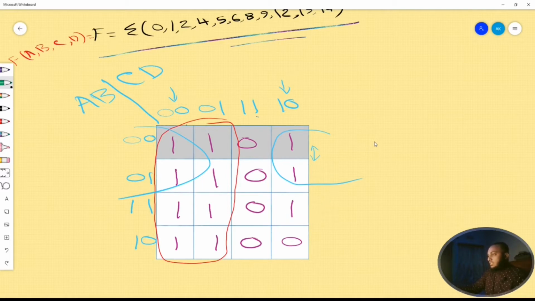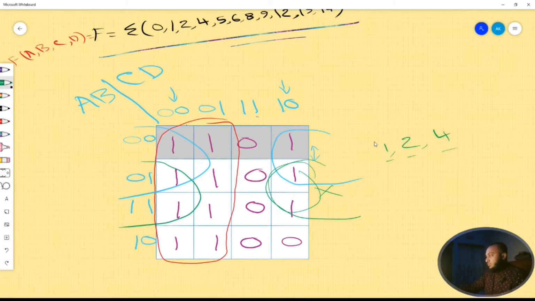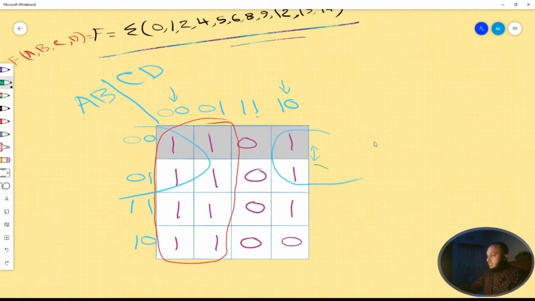Also we can't form this group because we have 4 possible members. Here are the 4 possible members, and this is the highest possibility. If we have 3 options, 1, 2 or 4, we will always take the 4, because in K-map we know that we need to form the groups having highest possible members. So that's why we say that this will be our green group.